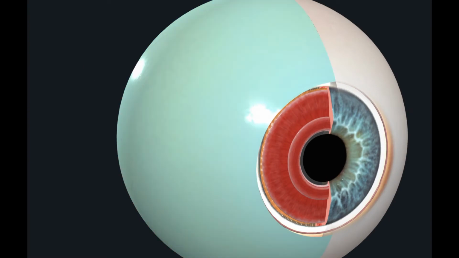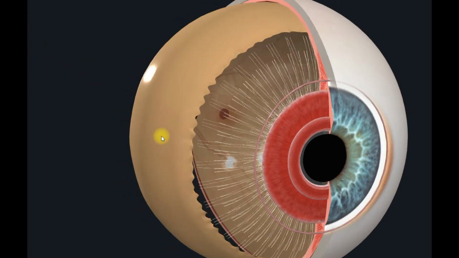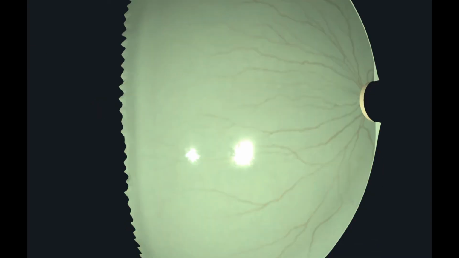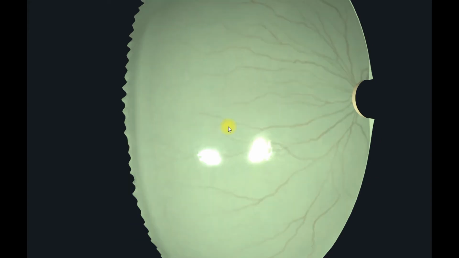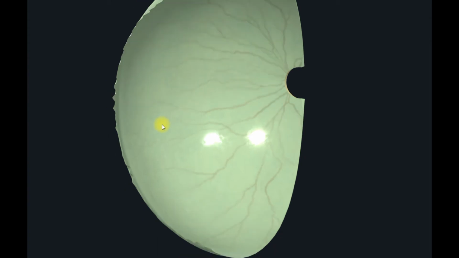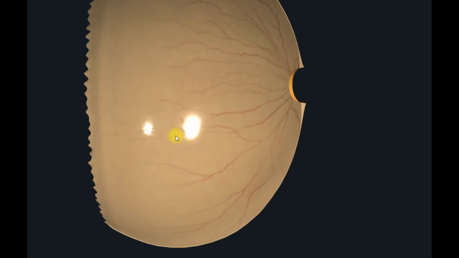And the innermost layer of the eye is the retina. The retina is the innermost of the three tunics, surrounds the vitreous body, and continues posteriorly with the optic nerve, forming the innermost layer. The function of the retina: the neural retina receives, modulates and transmits visual stimuli from the external environment to the optic nerve and the visual